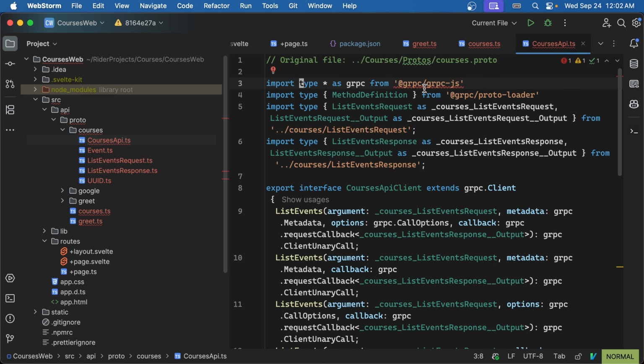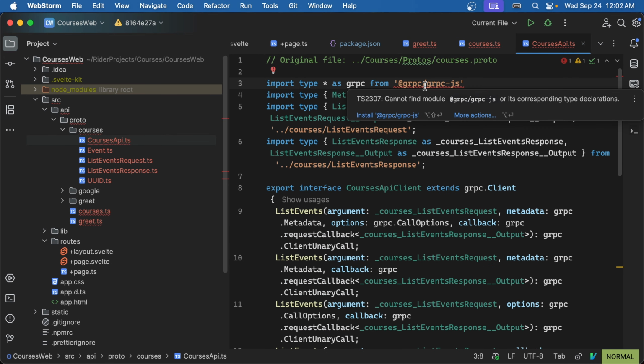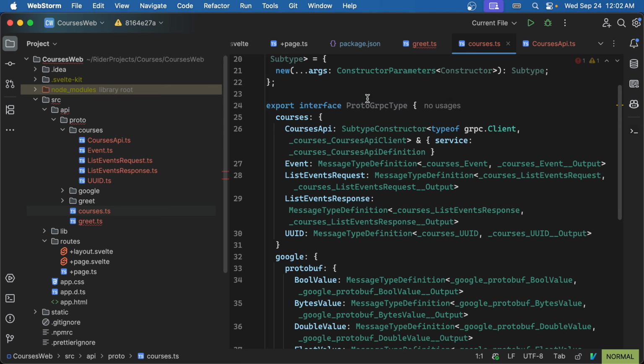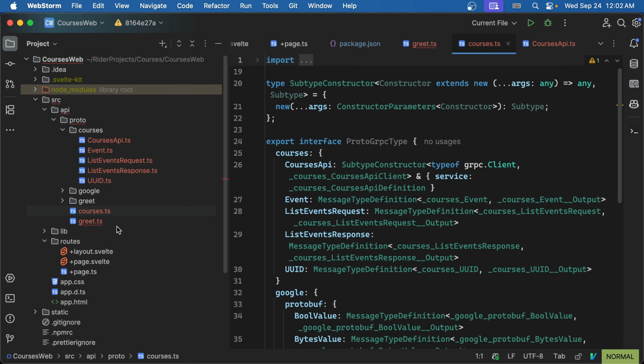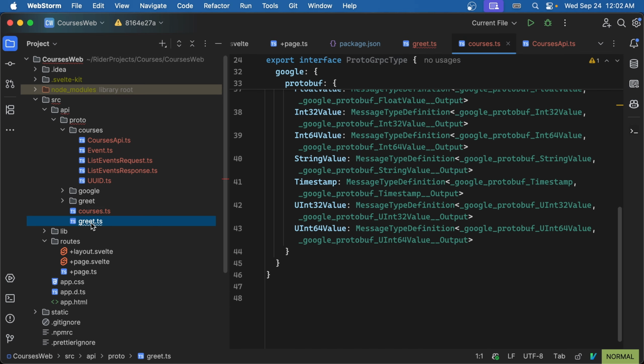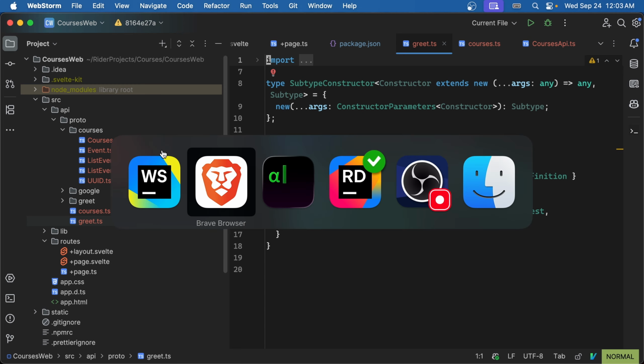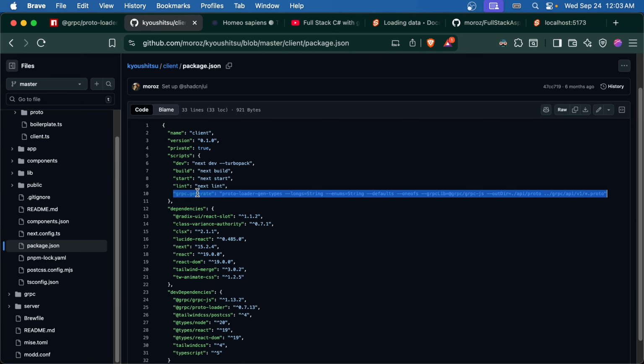So now it's complaining about not being able to find gRPC JS, which is fine because we have not installed it. And what does it complain about in here? Nothing. And here nothing. Okay, so this was easy. Let's go over this